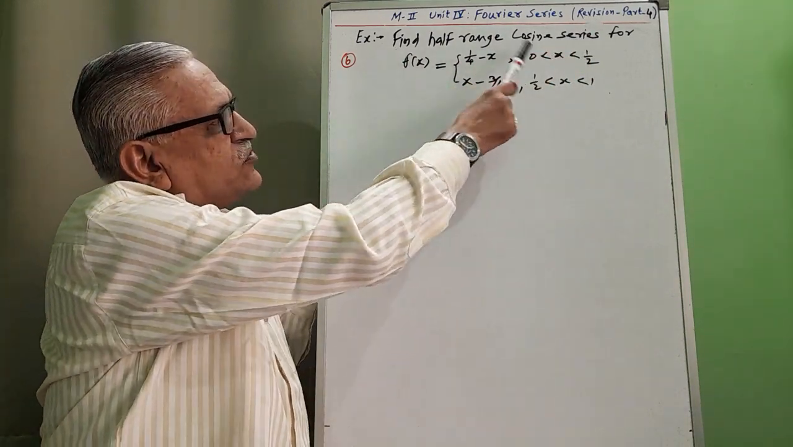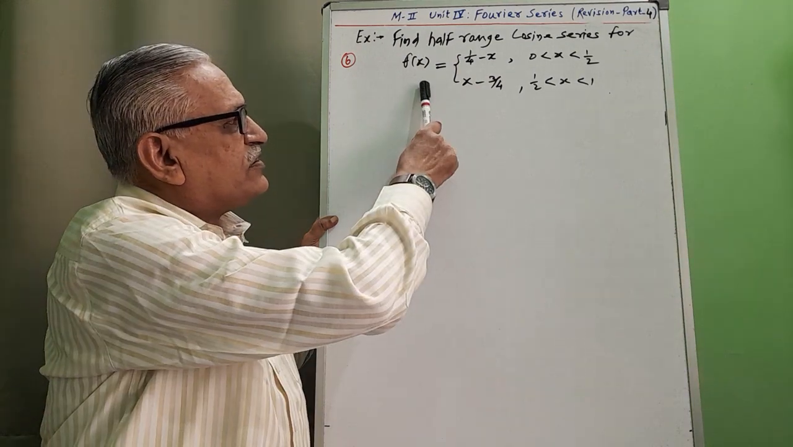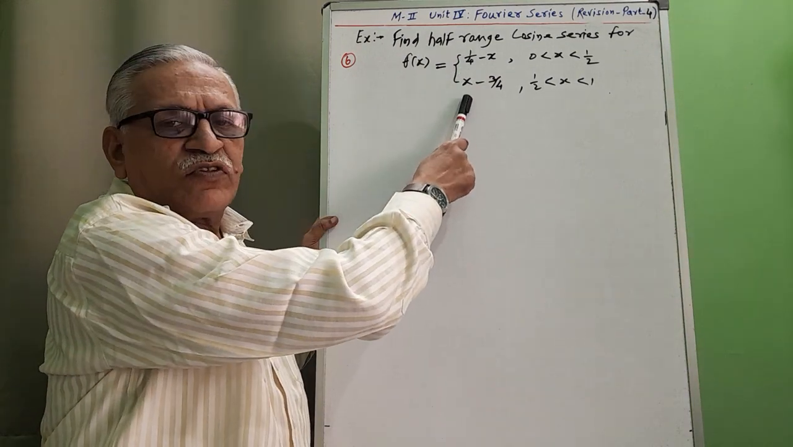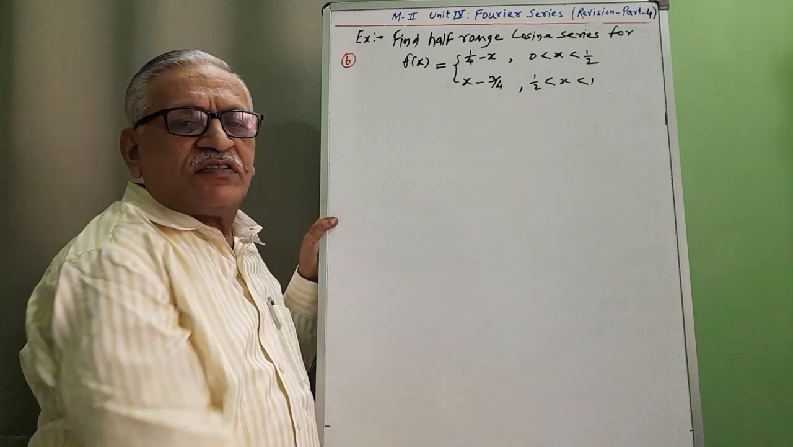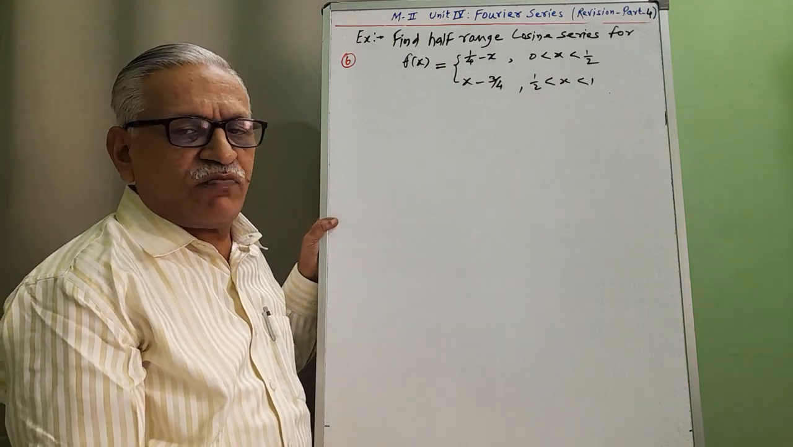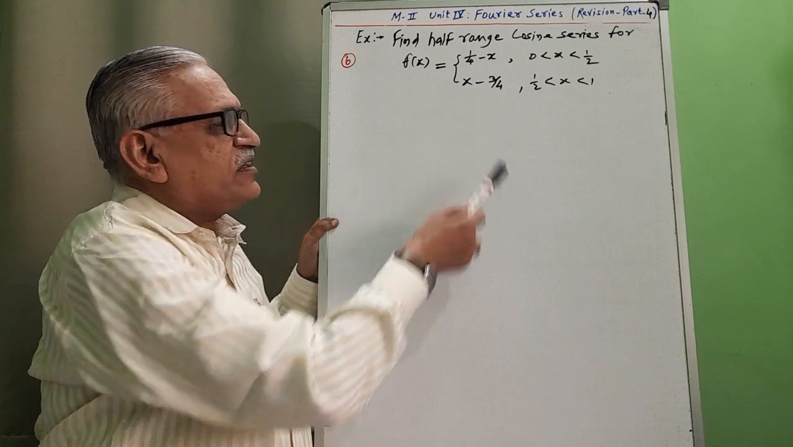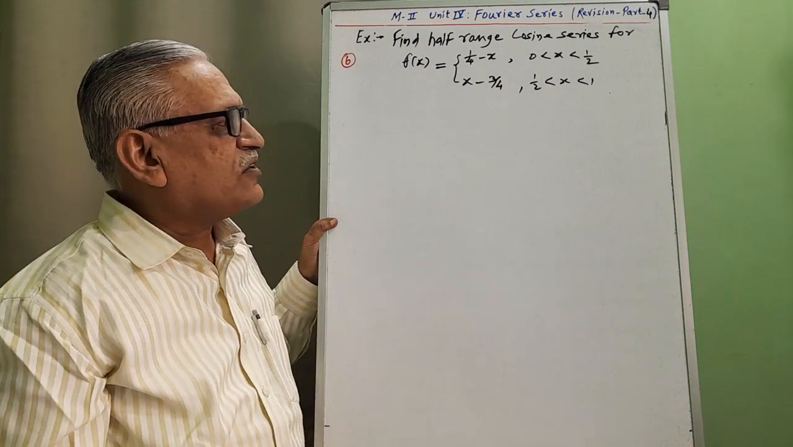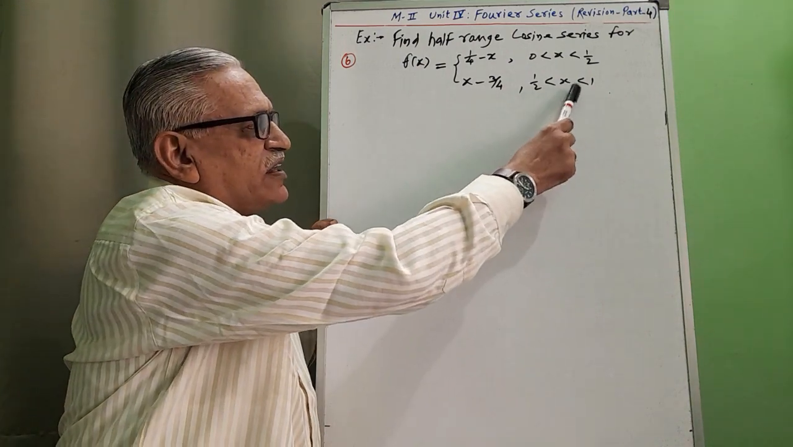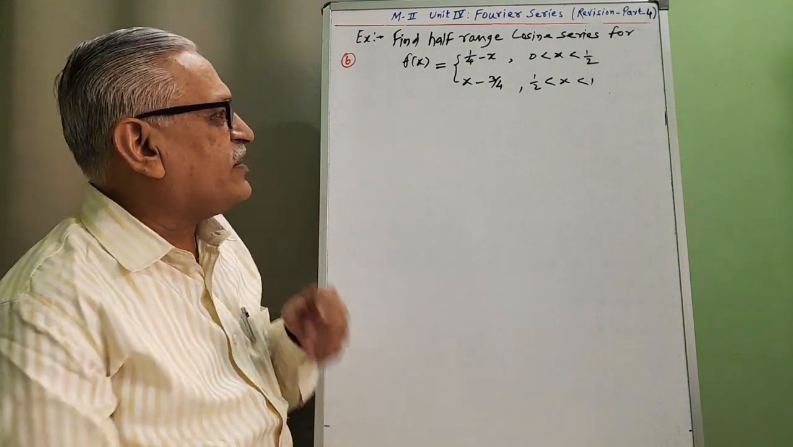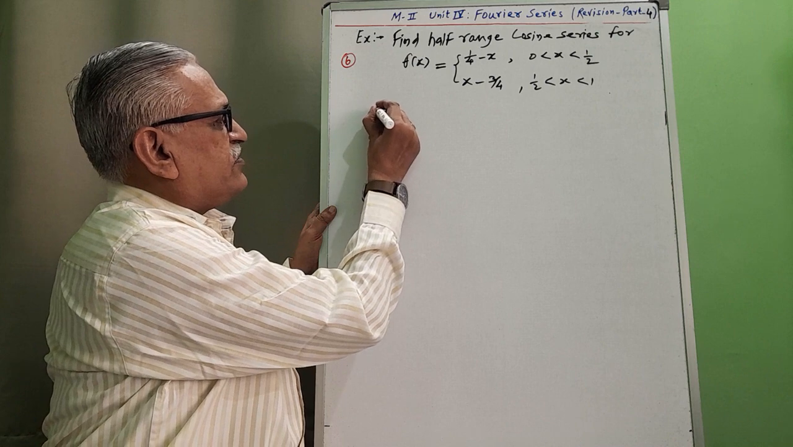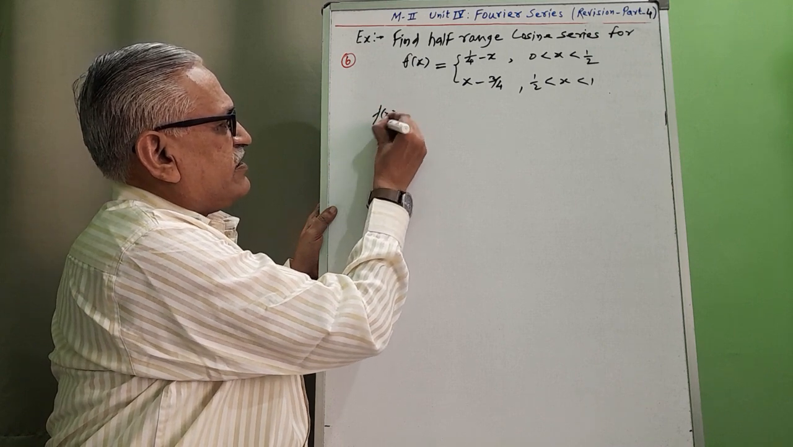Find half range cosine series for the function. There are two values for the function. The first one is 1 by 4 minus x between the limits 0 less than x less than 1 by 2, and the second value is x minus 3 by 4 between the limits 1 by 2 less than x less than 1. And therefore, as we require to find half range Fourier series, it is given by